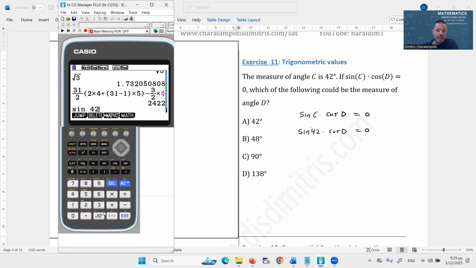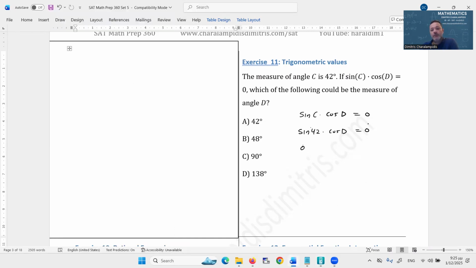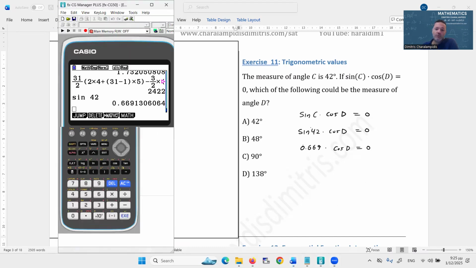Sine of 42 degrees is 0.669. 0.669 times cosine D equals 0, or I could use just the option calc solven to do sine 42 times